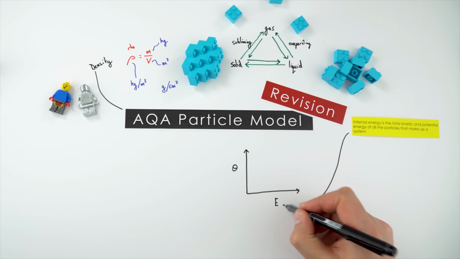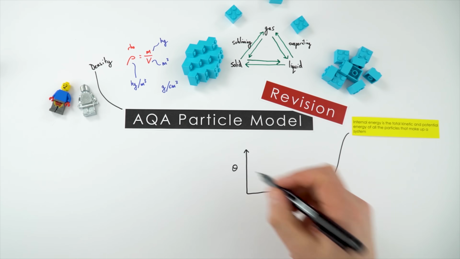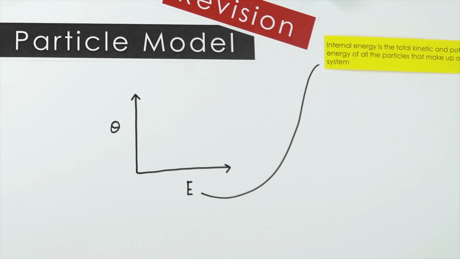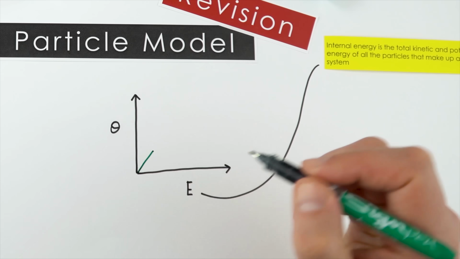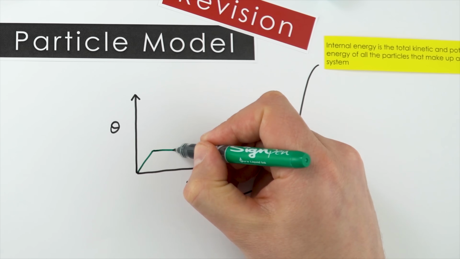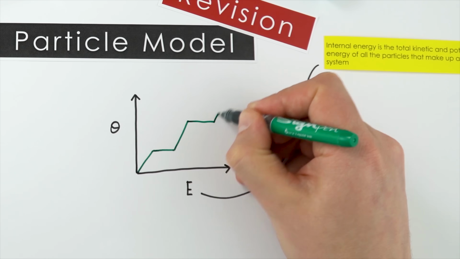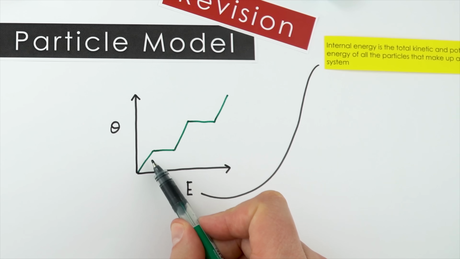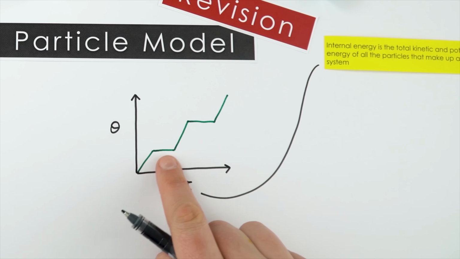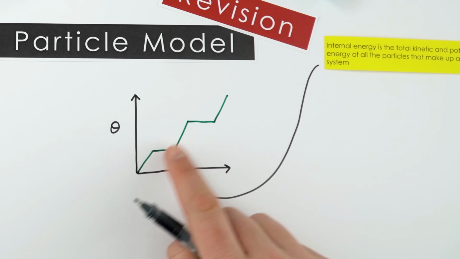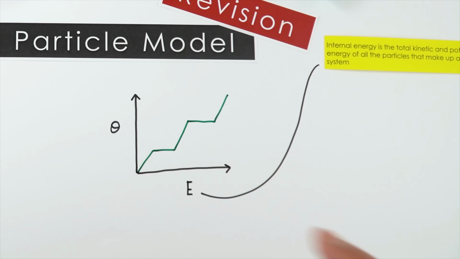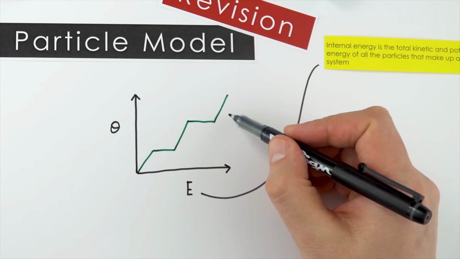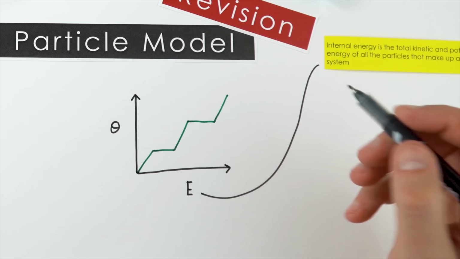Now, if we were to look at the internal energy, so this is what this E stands for here, and we look at how that compares to the temperature, what we find is that as you increase the internal energy, the temperature also increases until we get to this point where we have a change of state. And what we find is that when something changes state, so maybe it's melting, it might be boiling, we have that happening at a constant temperature. Now, what we can think about is the amount of energy that it needs to go from one temperature to another.